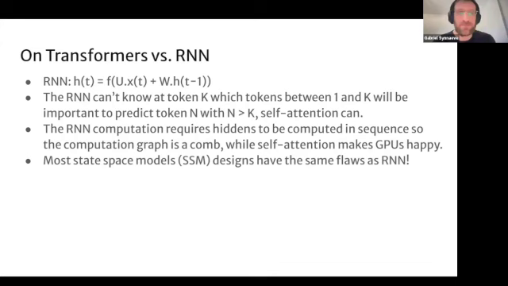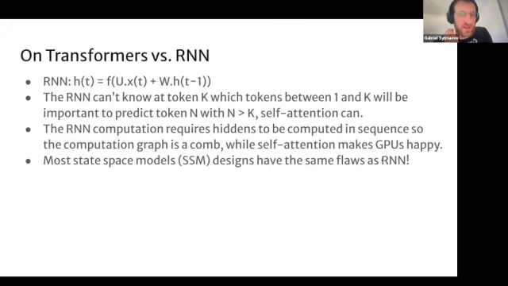But when you're training, it's actually quite hard, because when you're training, you can't know which token between 1 and k is going to be important to predict, to remember, or to pay attention to, or to encode in your memory, if you want to predict a token n which is further beyond k. Whereas self-attention can do that in training, right? You can always look back, so that's how the gradient will flow, right?